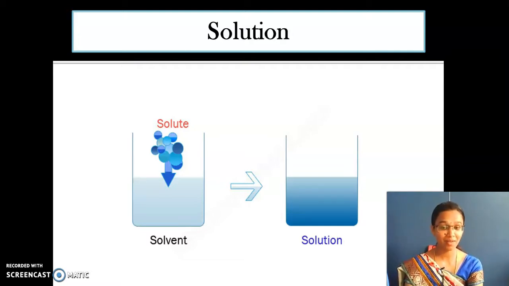So, one more thing, water is considered to be a universal solvent. Water is considered to be a universal solvent because it has the ability of dissolving almost anything. Okay. So, don't consider that it can dissolve iron. Maximum it can dissolve. Up to 95% it can dissolve. Okay, the dissolving materials only.